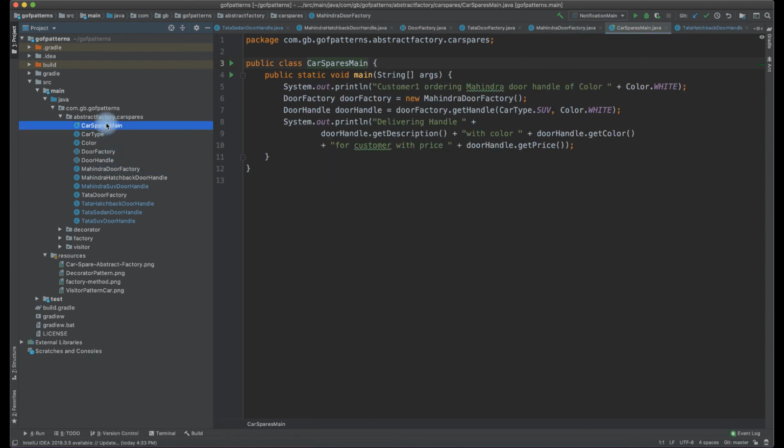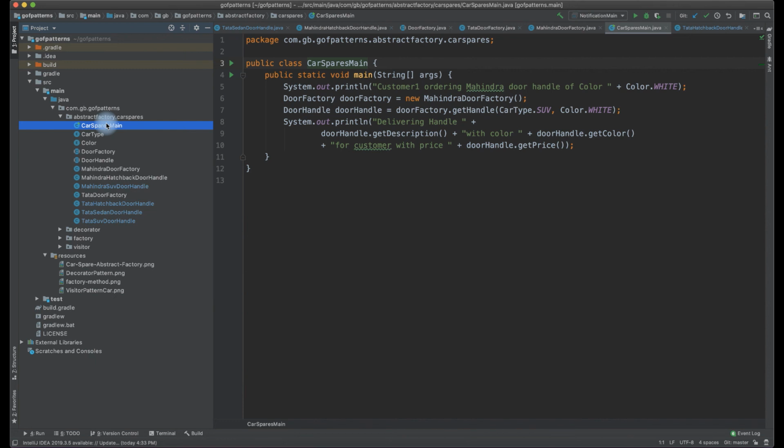So once we look into the main method, we will be able to stitch together what we have seen. So we are creating a door factory. If a customer or the caller wants to get the door handle for a Mahindra car, they are going to create a new instance of Mahindra door factory.